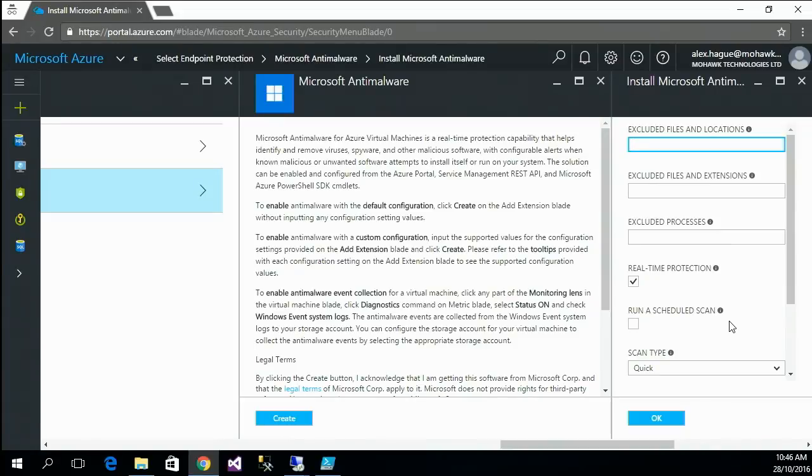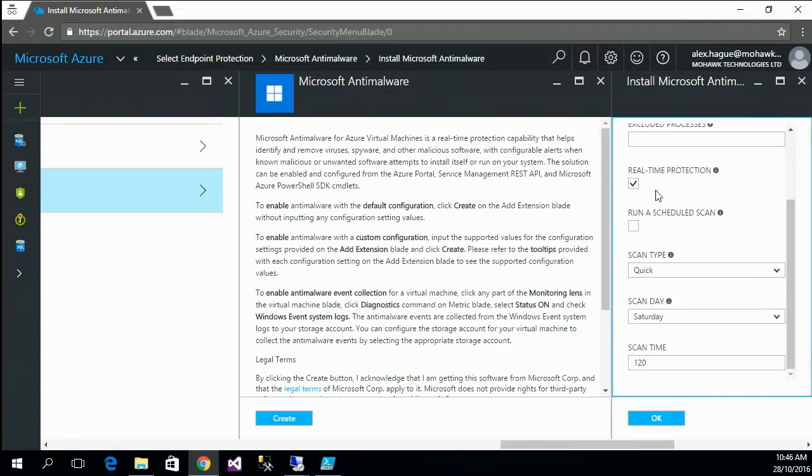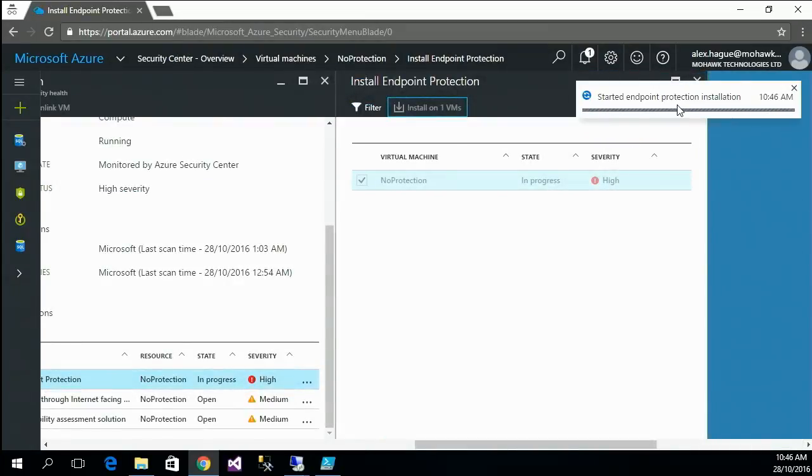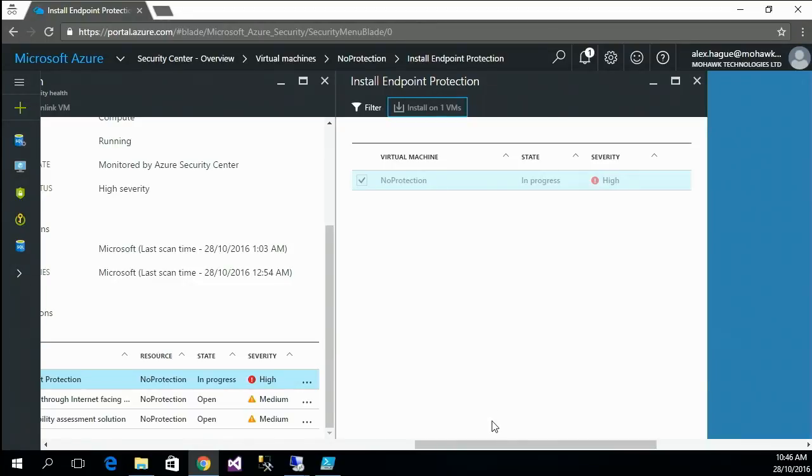So if I had 10 or 50 or 100 VMs that I wanted to install this on, I could set these options here and not have to worry about configuring each individual one. So to begin with, we're just going to leave all the options as the default and click OK to start that deployment. Now on the second VM, while this is happening,